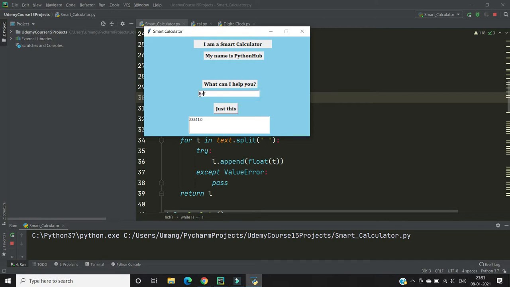We can do anything like LCM of 45 and 15. So we have the result, or you can do HCF and you can add any random text. Hi Python Hub, can you do HCF of, so click on this and we have the result.